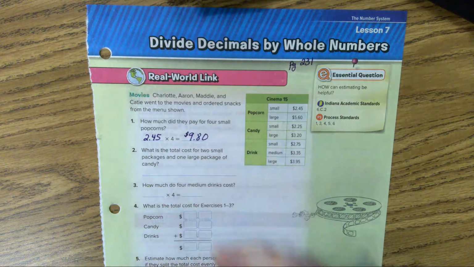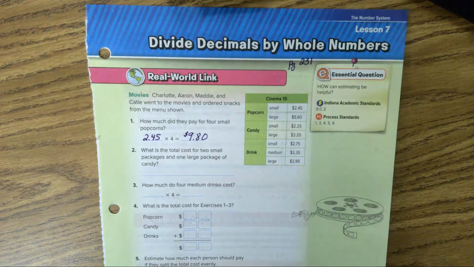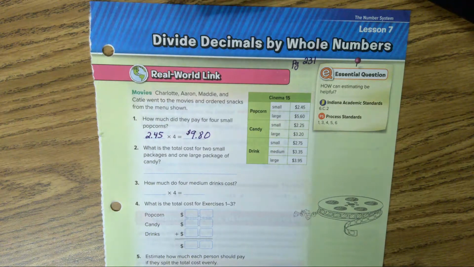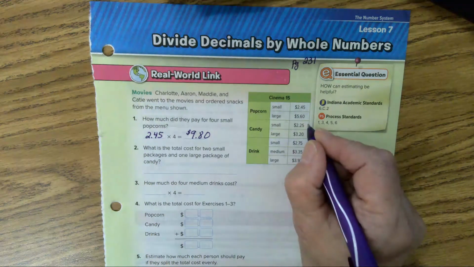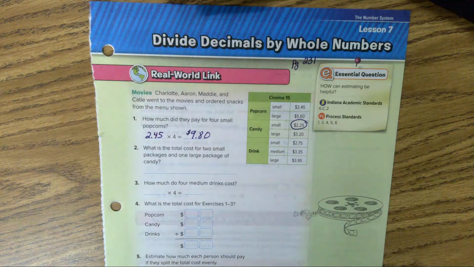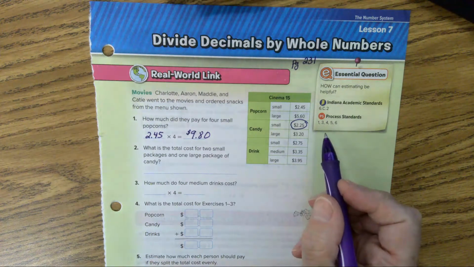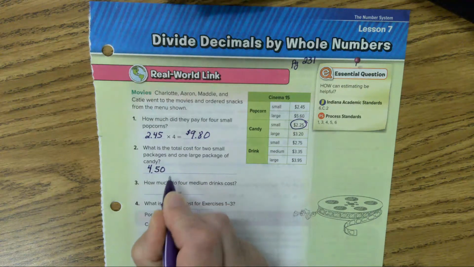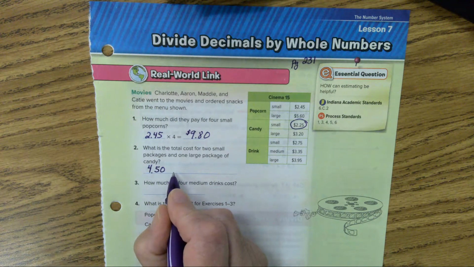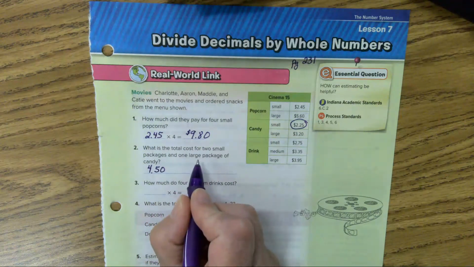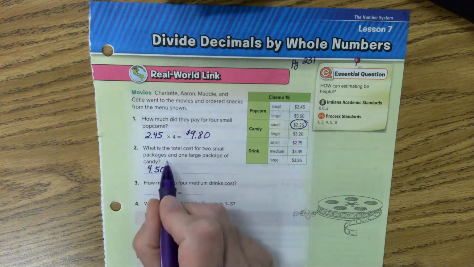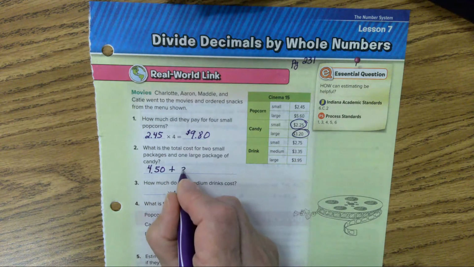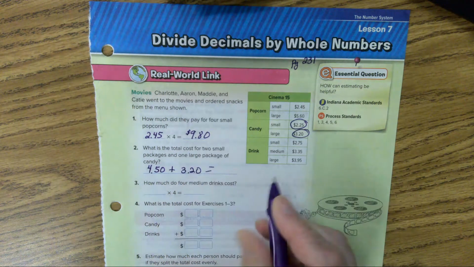$9.80. Okay? Number 2. What is the total cost for 2 small packages and 1 large package of candy? Well, 2 small candies will be what? $4.50, 2.25 plus 2.25. And then we are going to add the large package of candy, 2 small packages and 1 large package, plus 3.20. And that will give you